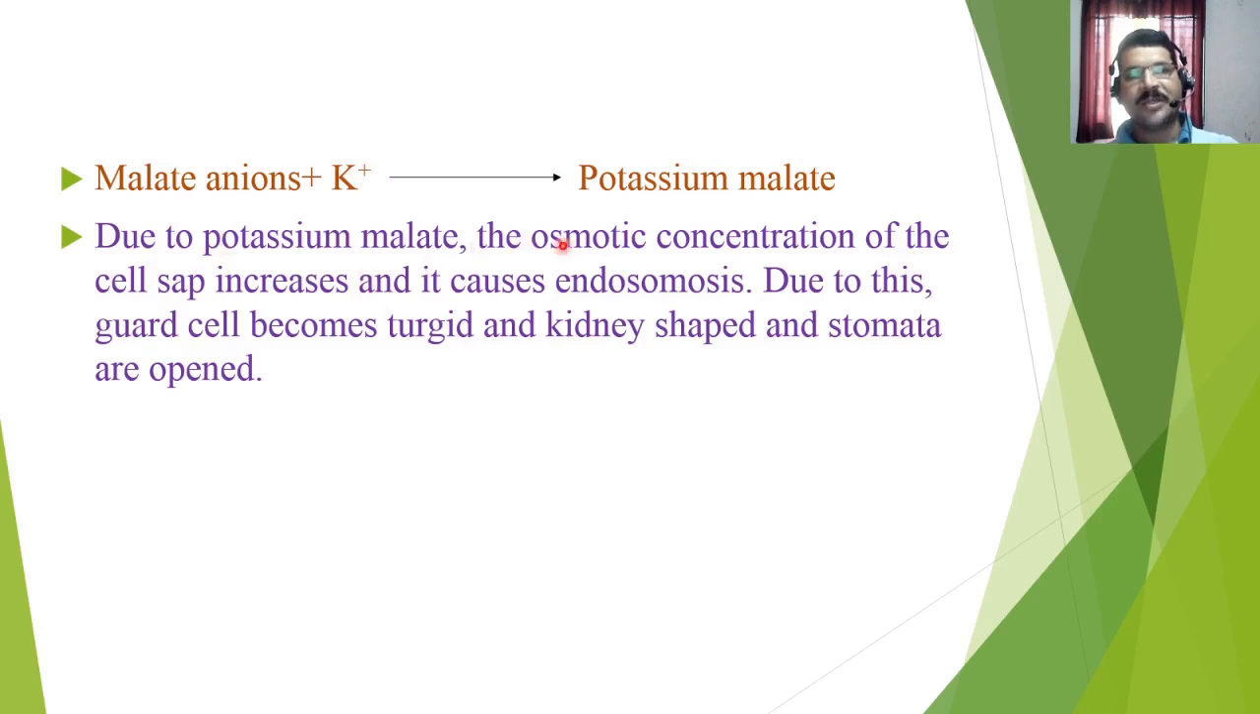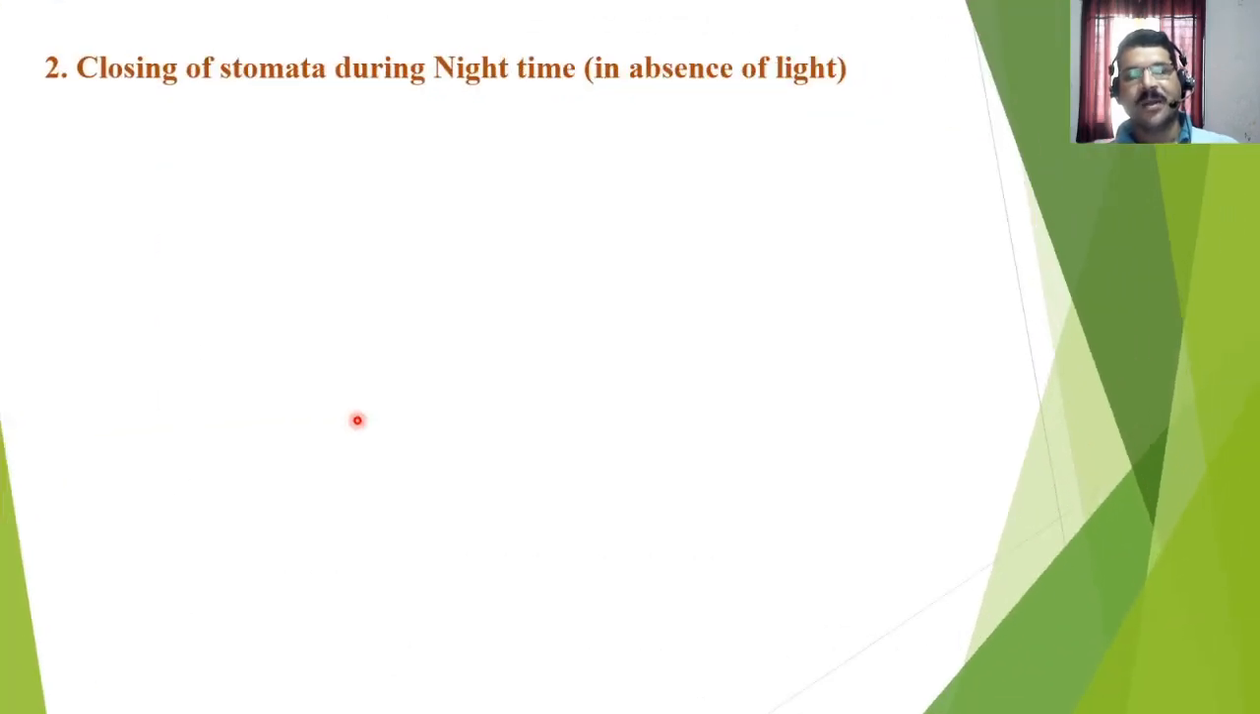Due to potassium malate, the osmotic concentration of the cell sap increases and it causes endosmosis. Due to this, finally the guard cells become turgid and kidney shaped and the stomata get open. So this is all about the opening of stomata during the